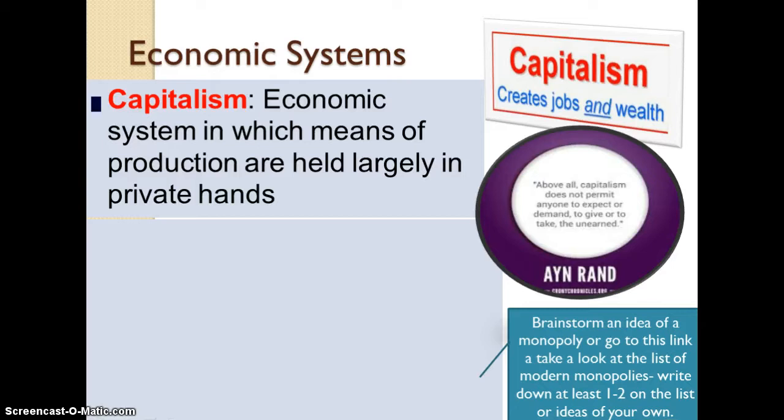Okay, we're going to start out by talking about economic systems. An economic system is a social institution, so we've defined these already. A social institution can be government, it can be education, religion, the healthcare system, etc. The economic system itself is defined as an institution in which goods and services are produced, distributed, and consumed. We don't often think of the economic system as a social institution because, unlike, for example, schools, we don't go to one place and participate in whatever goods and services that institution provides.